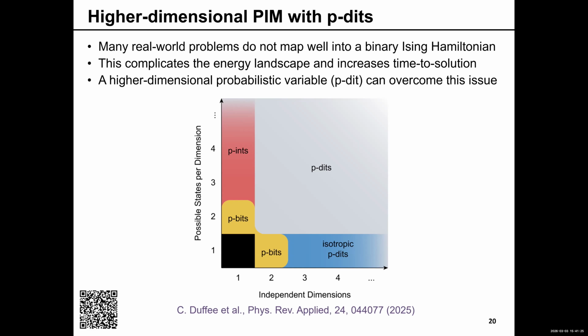A p-dit is essentially a variable that has an arbitrary number of dimensions and an arbitrary number of states per dimension in the most general sense. So you can tailor the number of dimensions and the number of states in each dimension, as well as the update rules, how it moves between these available states, in a way that fits the nature of the problem that you're trying to solve. And within this very large space,